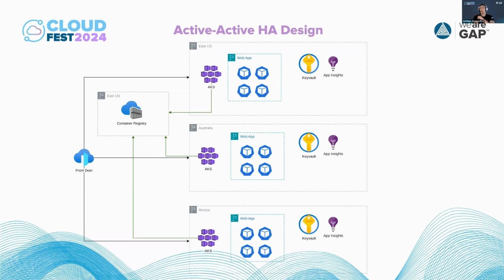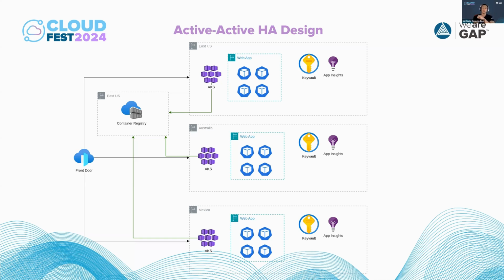And in this case, we start integrating part of the services that we spoke of. So for example, you can have Front Door serving your clients. It means any request that goes to your system is going through Front Door. We already know Front Door is a global service that offers very, very high availability in Azure. And you can have your application taking requests in 3 different regions. And you can see we have exactly the same infrastructure created in East US, in Australia, and in Mexico